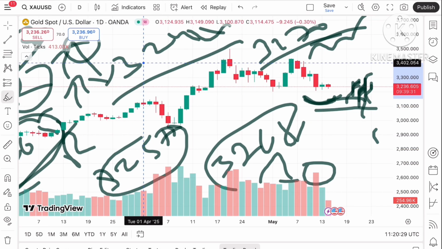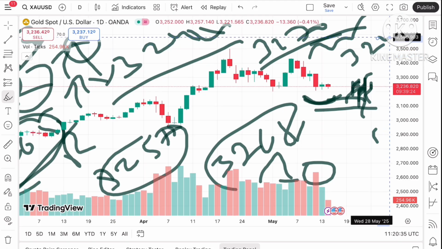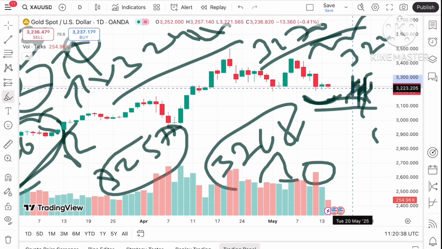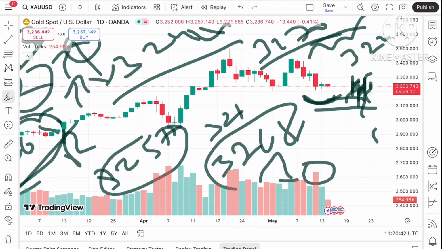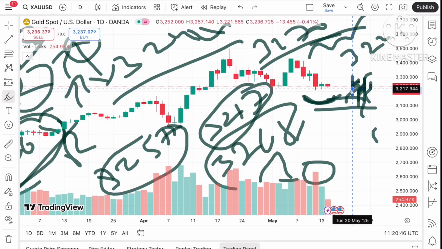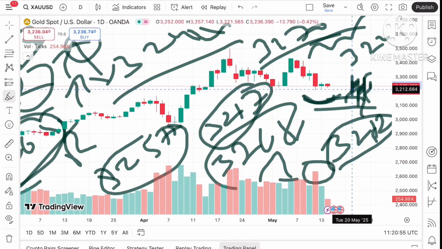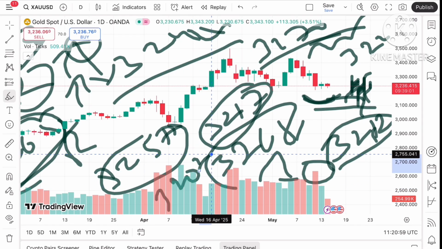Okay, now suppose the price doesn't sustain, we can see it can move towards its next support, that is coming at a level of around $3268, and once it starts falling below this level, the probability of going towards a level of 3217 will be there. After $3222, chances of going towards 3217, and from there a further downfall we can see towards its next support, that is coming at a level of around $3212. Okay, suppose the price falls below a level of 3212, chances of going towards 3207 we can see,